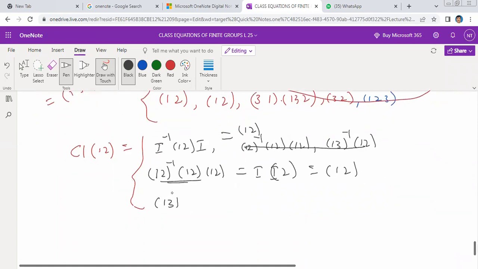(1 3) inverse of (1 2)(1 3). ఇది చెప్పండి ఒకసారి ఎవరైనా. (1 2) inverse of (1 2)(1 2). కరెక్ట్ అయితే. ఇప్పుడు ఫర్ ఎగ్జాంపుల్ ఫస్ట్ (1 3) అంటే ఇది (3 1)